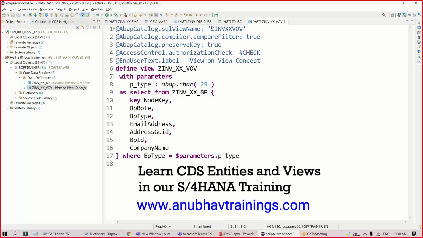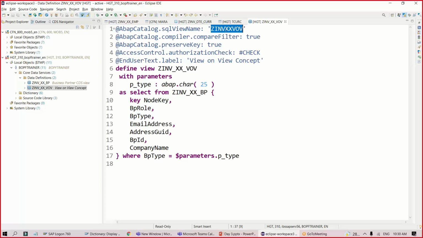My question is, there is no use of this actually. Why? Because eventually when you do a select statement or you use it in analytics, you always use this name, right? This name is causing confusion.